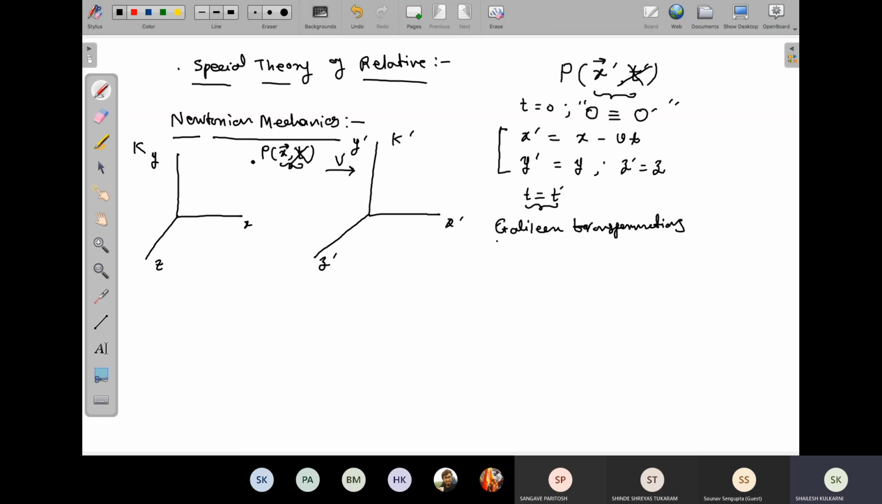So this is just mathematics. We have two frames, and we are labeling the coordinates of the same point P, first from the K frame and then from the K prime frame. Now what is the rule? The Galilean relativity, or Newtonian relativity, says that